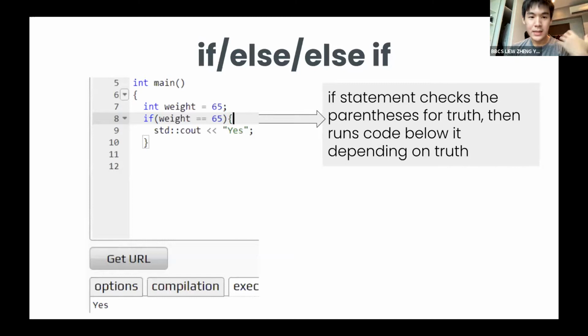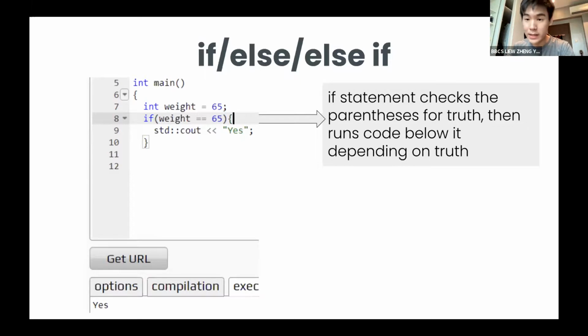So as I mentioned earlier, the if statement is the starter for this kind of conditional. The statement will check if the condition inside its parentheses is true. If it is, then it runs the code beneath, like over here. In this scenario, I believe you define the variable of weight. So if this variable weight is equal to 60, I should also mention, by the way, that in that, double